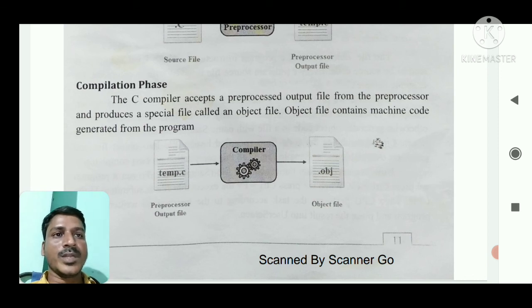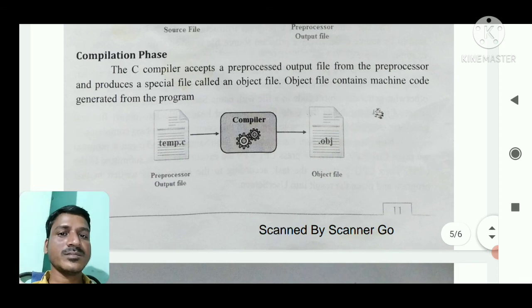So the temp.c, the preprocessor output file, is taken by the compiler and converted into the object file.